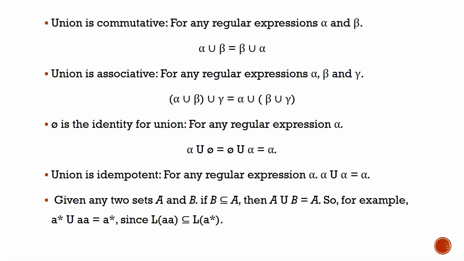Then the next law: if you have two sets, let them be A and B. It is one of the important laws. Let us take them as A and B, where B is a subset of A. Are you following? So B is a subset of A. Then A union B is equal to A. That is, all the elements of B are already there in A, so that can be written as A directly.